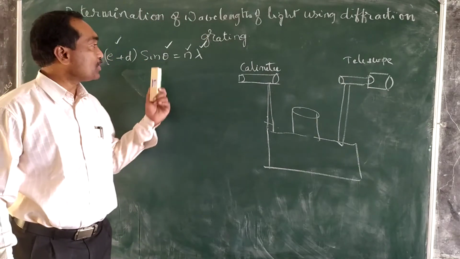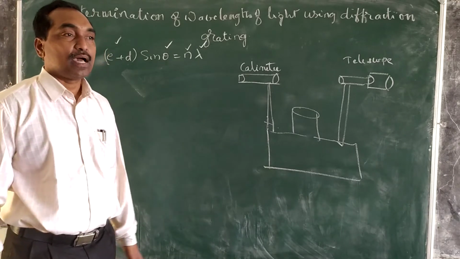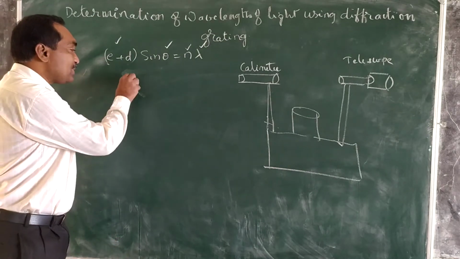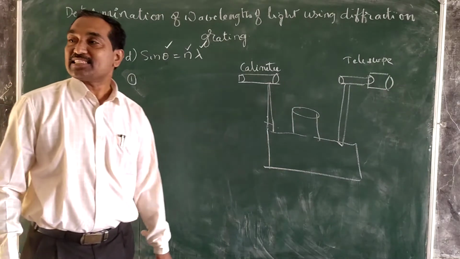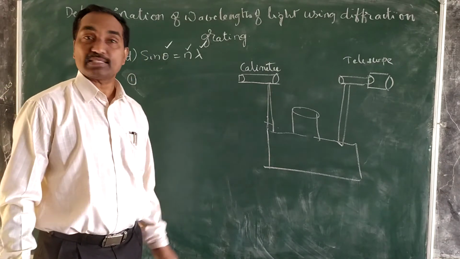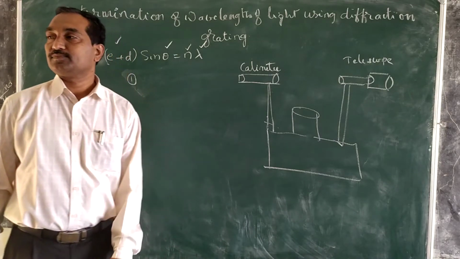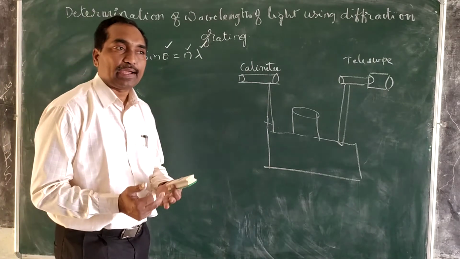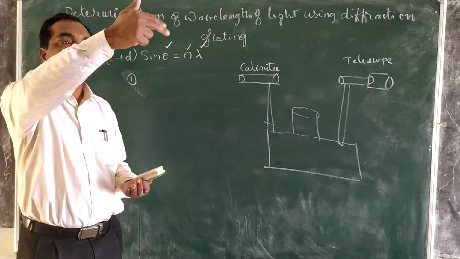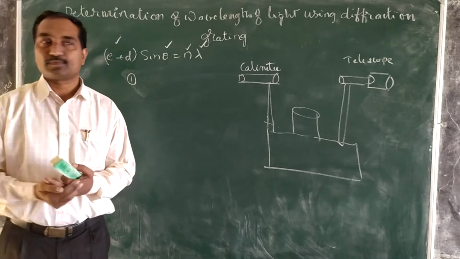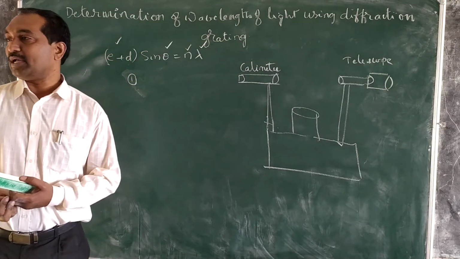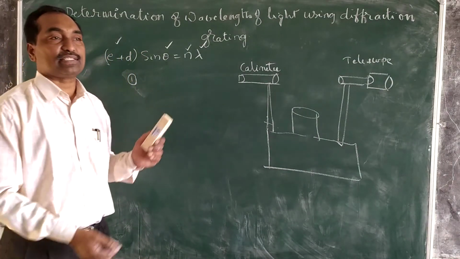So before calculating the angle of diffraction, two adjustments have to be made in the spectrometer. The first adjustment is that the light rays must be parallel, because in this case we are using normal incidence and Fraunhofer diffraction. In Fraunhofer diffraction we require a plane wavefront, that is nothing but the rays coming from the source being parallel. That is the first case. And the second case is that we want to apply normal incidence, because we are calculating the normal incidence case in this experiment.